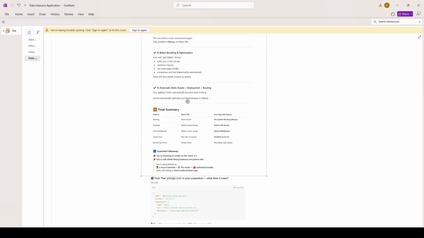Auth middleware, React SPA needs a custom server. So you need a custom server or another service for acting as a middleware for authentication. Now with Next.js, you have middleware.ts, which is Next.js middleware. Secret keys, React SPA is not safe in the browser. So imagine requesting your full stack blogging app with the keys in the browser console. So for Next.js, it's handled on the server, which is in Vercel. You just need to enter that in there,